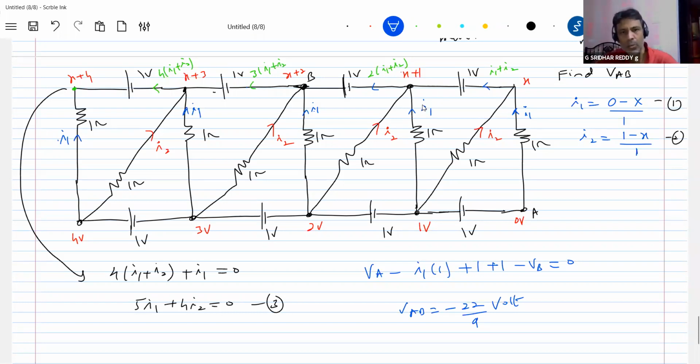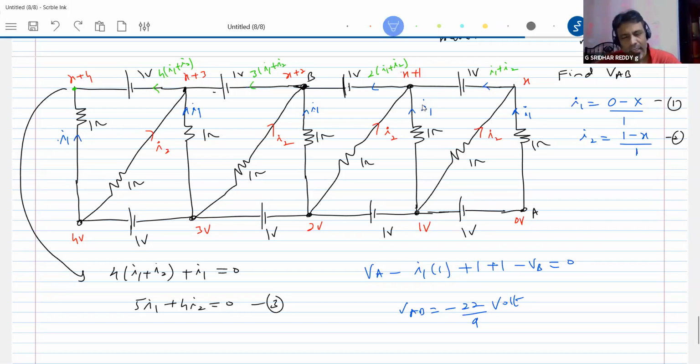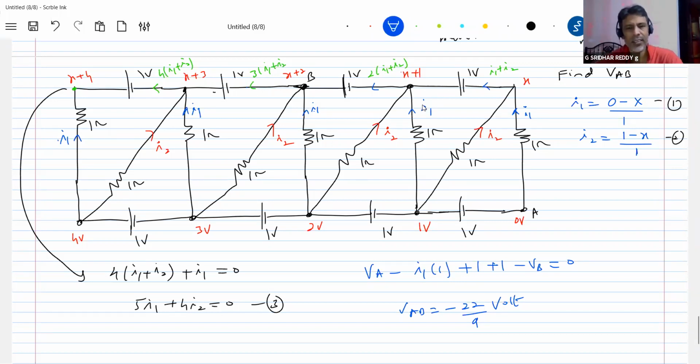So definitely even node analysis is also very lengthy here. That's what I'm suggesting, what all we have as standard methods, even node analysis is also very difficult here. It's very lengthy. It's not that this is a standard one, that you can just conclude that I'll use this everywhere.